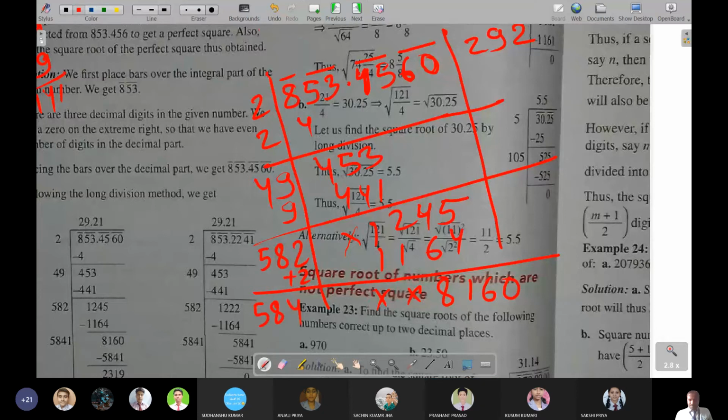Now which number will you keep? With the same number you will multiply. And one more thing, here 4 5 came down, which was our after-point part, so here also the point should be kept. When the number after the point comes, you have to keep the point over here. Now if you keep 2, of course it will become more than 10,000, but it is 8,160 only. So with 1 we will multiply. With 1 it will come 5841.